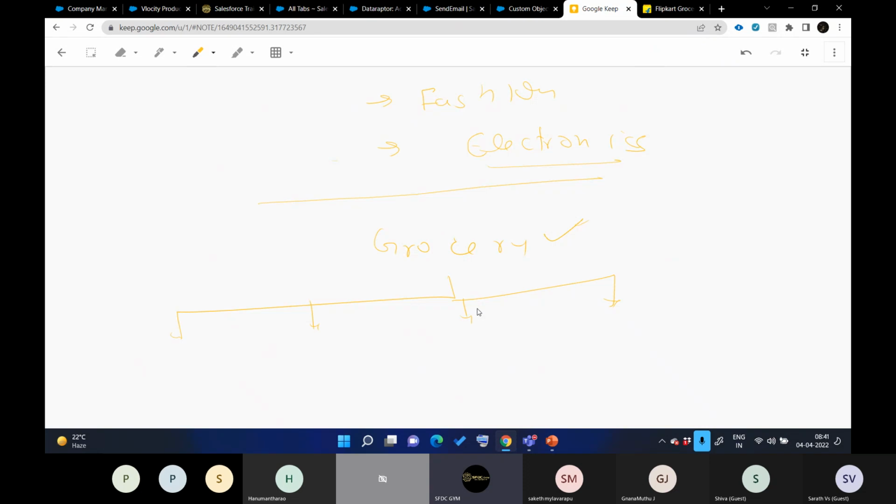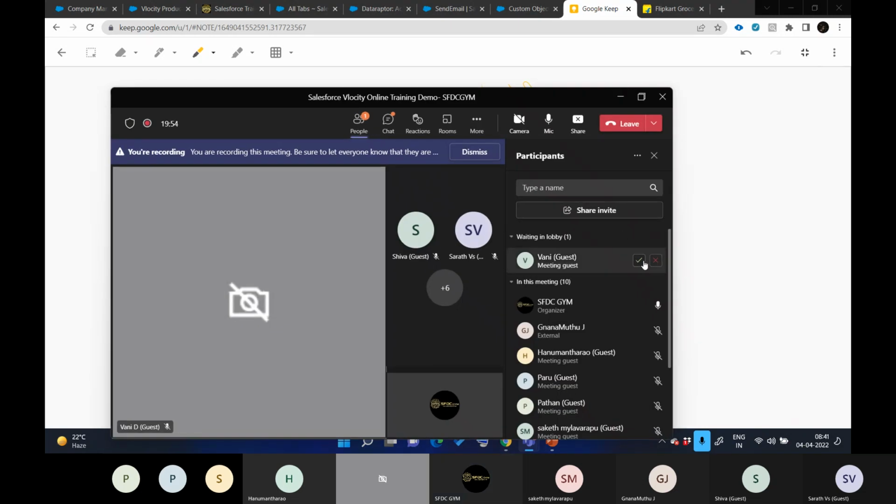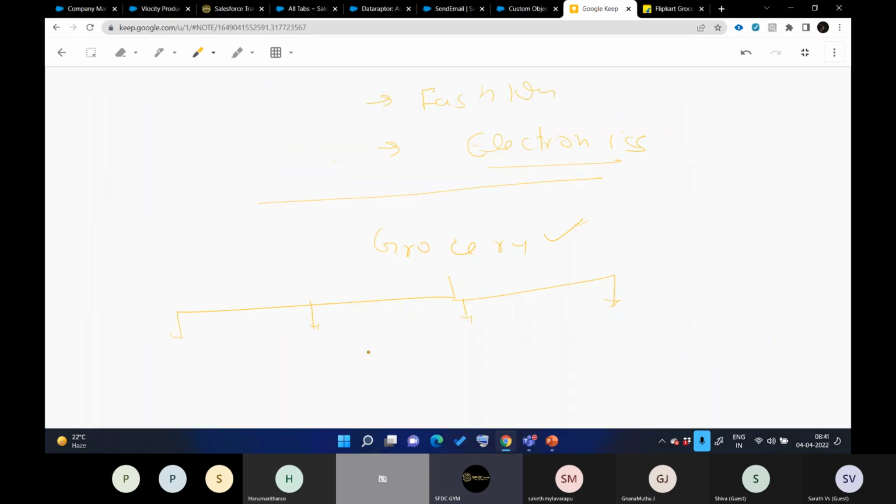Now, as a developer, as an architect, the problem you will face is that you have already tagged your product to this object, and further divisions mean you need to either go and create a record type, right? Just a second. Or you can simply create another object, tag grocery as the parent object, and use those objects as child objects, correct? But any of those things will again require so many code changes and so much testing, because everything is already moved to production, and it will not be that easy to implement.